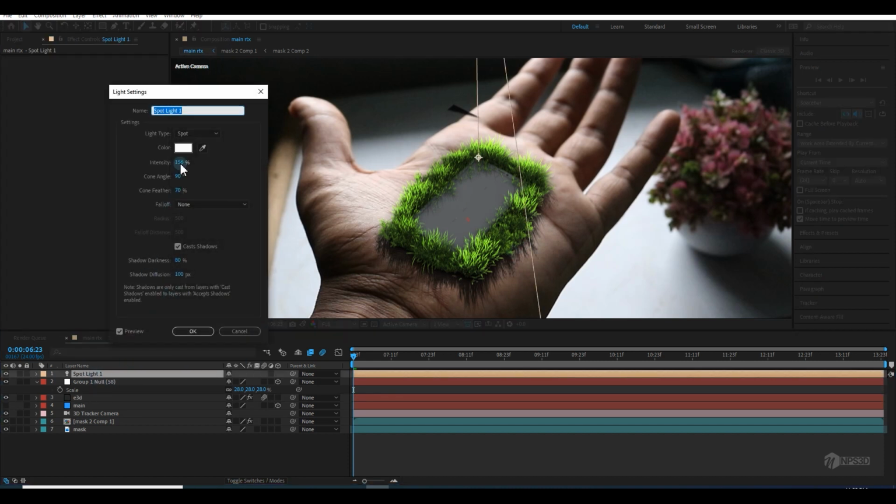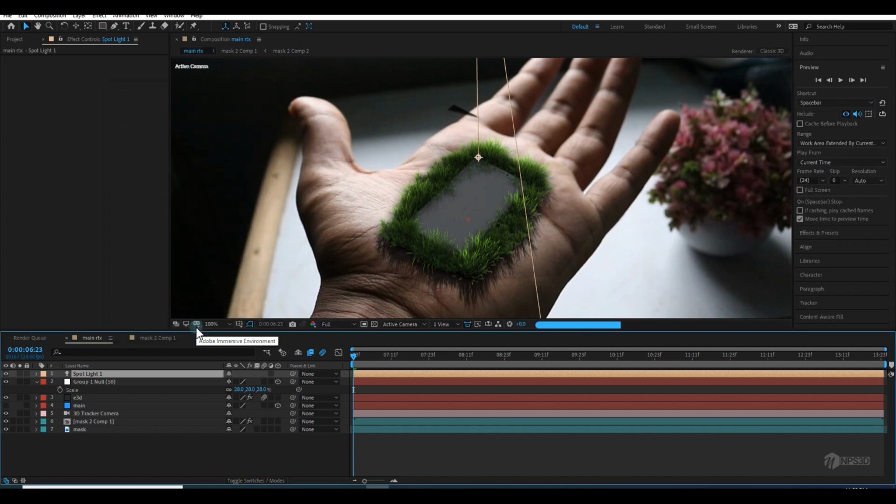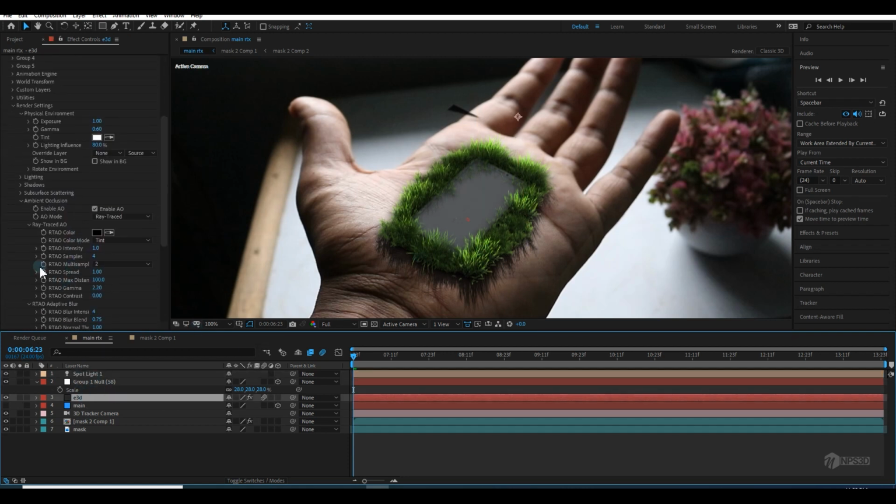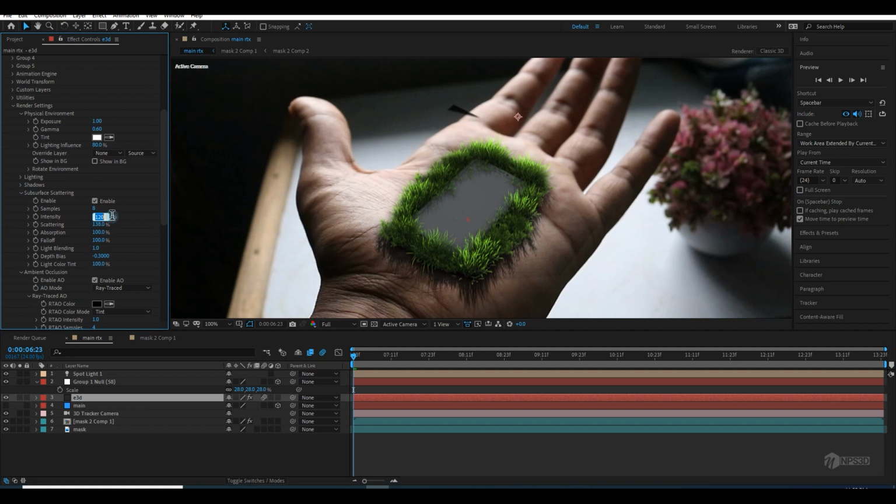So go to the spotlight and I will just bring down the intensity to 100, because I don't want too much brightness on these leaves. So I can go to 125, and I can go to the Element 3D, and there is subsurface scattering. So I will bring down the intensity to something around maybe 70%.